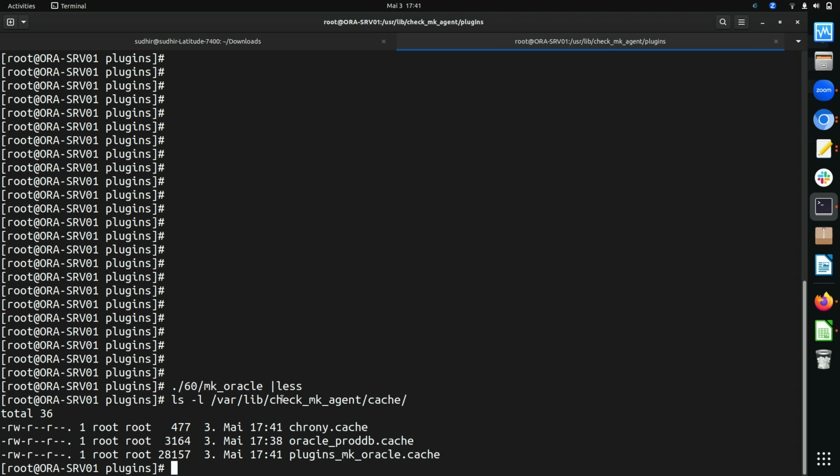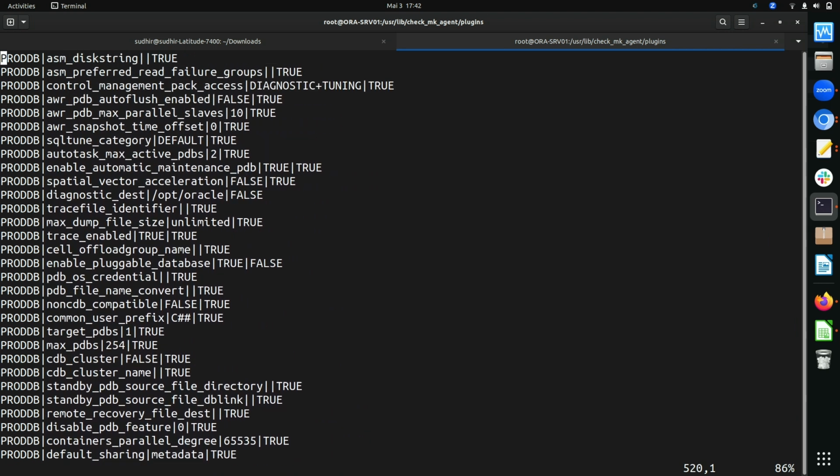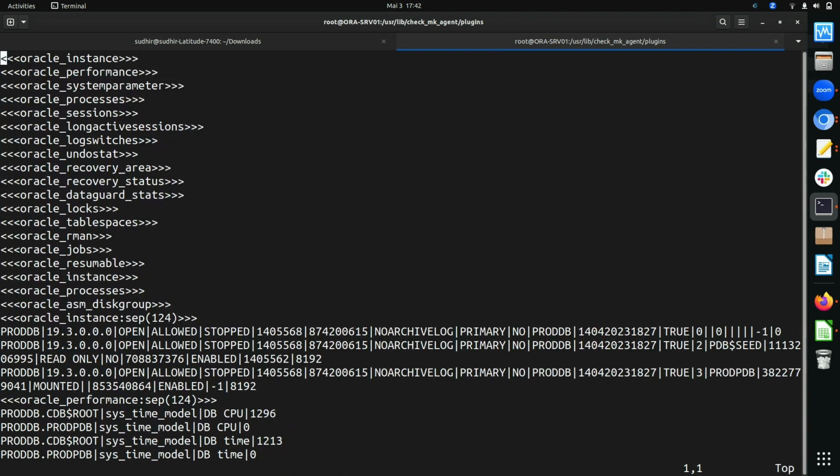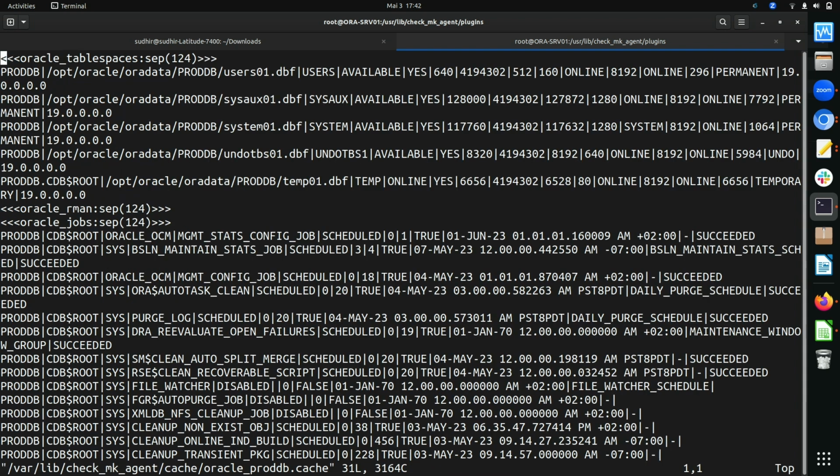So if we look at this file, plugins underscore mk oracle.cache, you will see the complete information about all the sections. But if you look at this particular file, which is oracle underscore prodb.cache, you will see only information about the async sections.